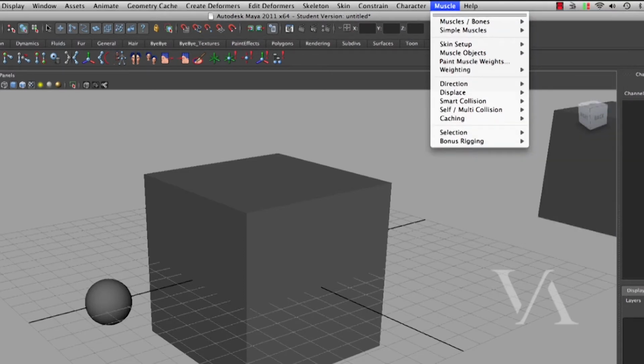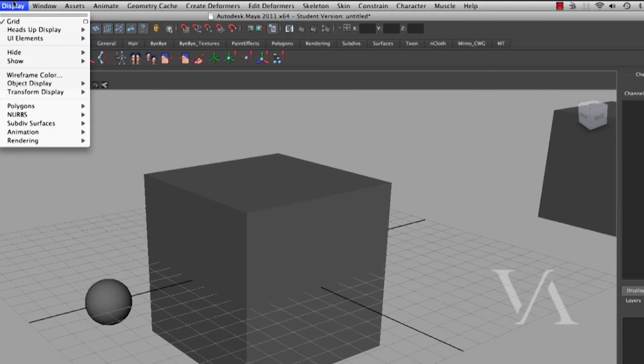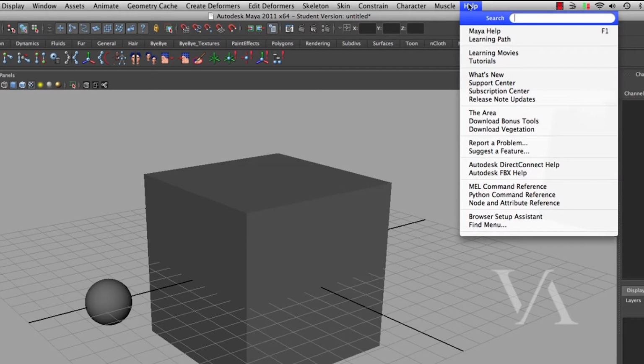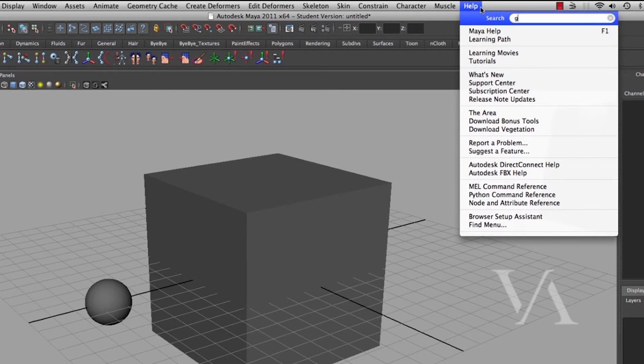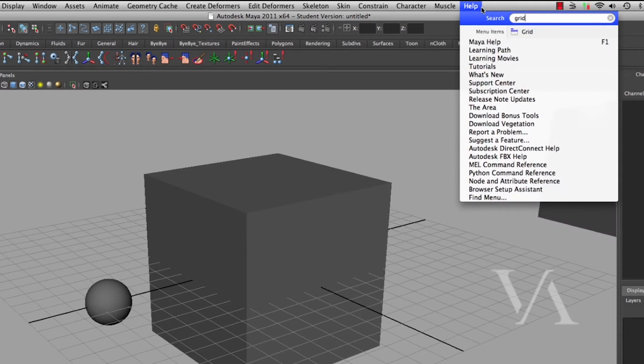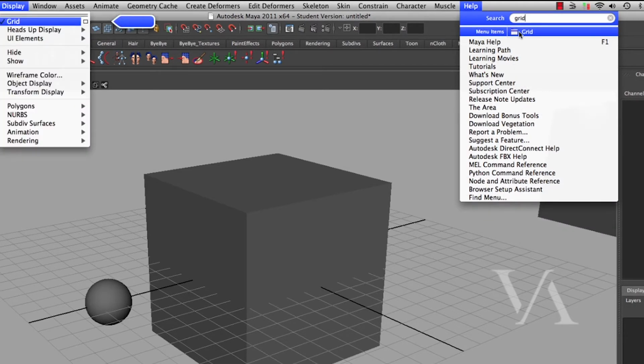So let's say that I'm looking for the grid right there. I have no idea where that is. I'm lost. So I just go to help and I type it up here. I just type GRID. So it's going to show me that there's a menu with that name. If you press it or if you highlight it, it shows you where the menu would be, which is very useful, especially for